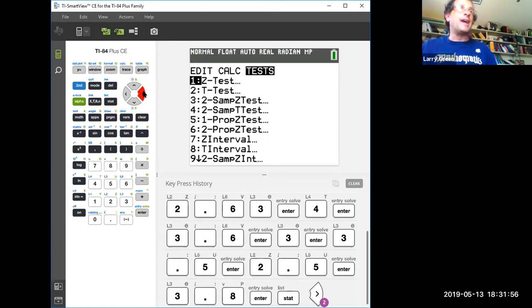If you look at the calculator, there are many, many of these. And as I mentioned, we're only halfway through the class. Pretty much our goal for the rest of this entire course is to go through just about all of these. So each week we're going to have a few more. What we're going to be looking at now, you scroll down, and we're going to go to T interval. Remember I told you we're using the student's T distribution, so that's why we use T. Interval because we're doing confidence intervals.